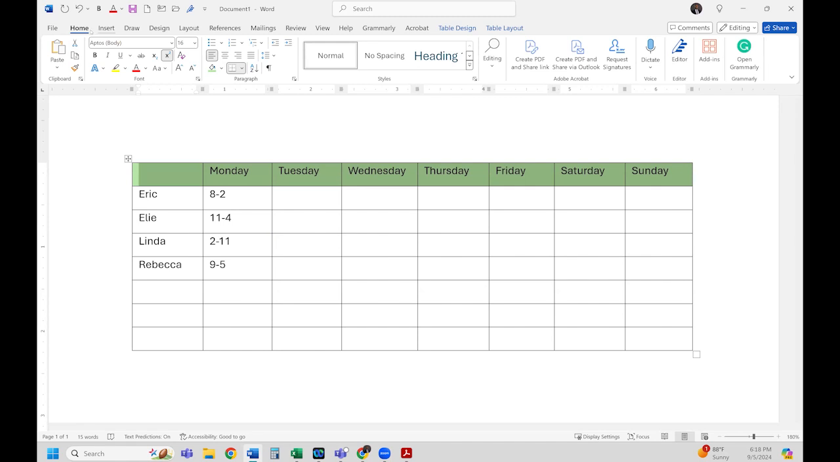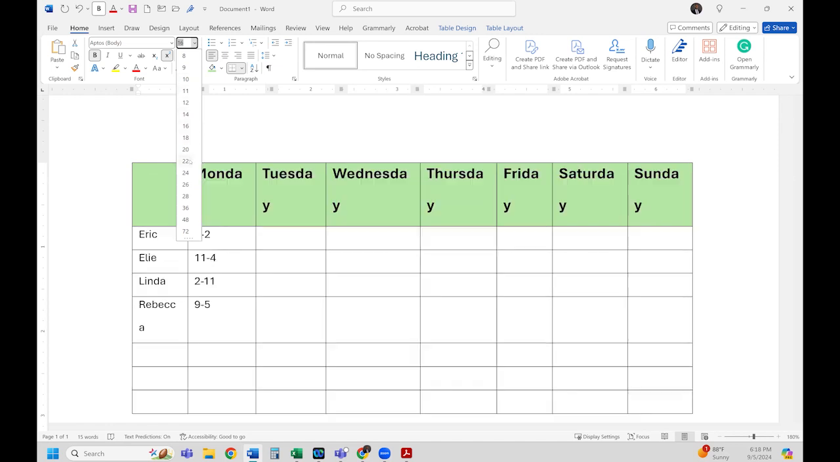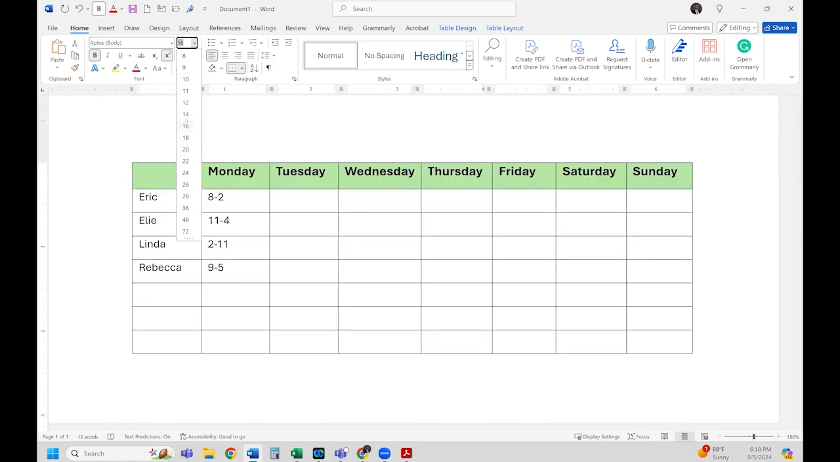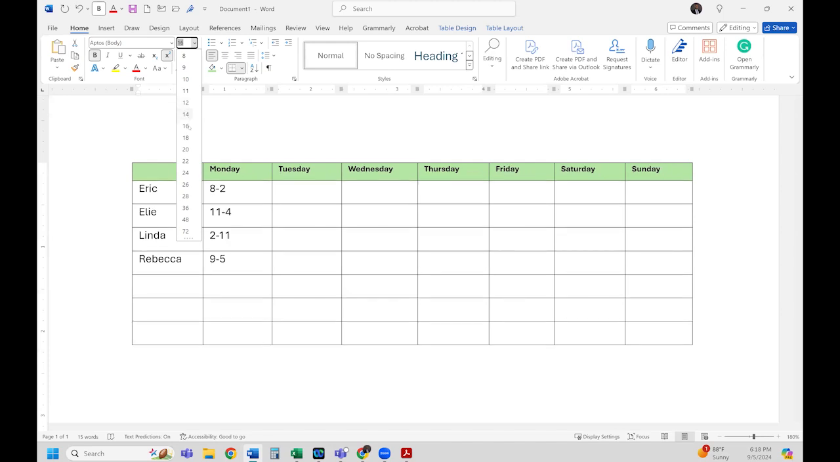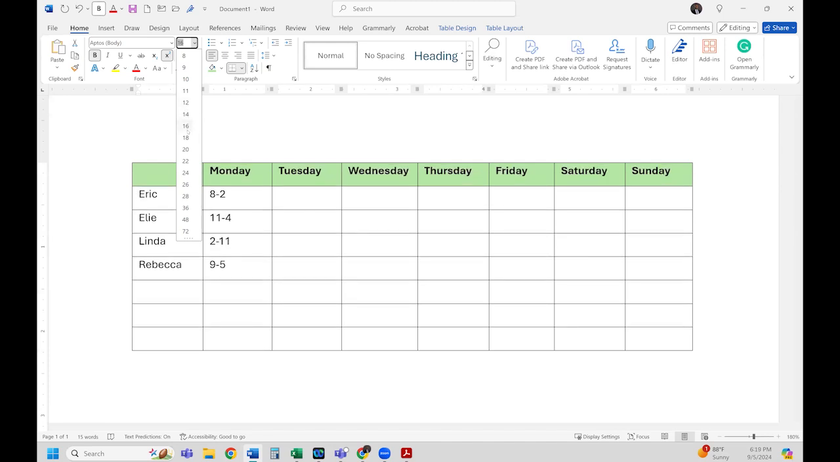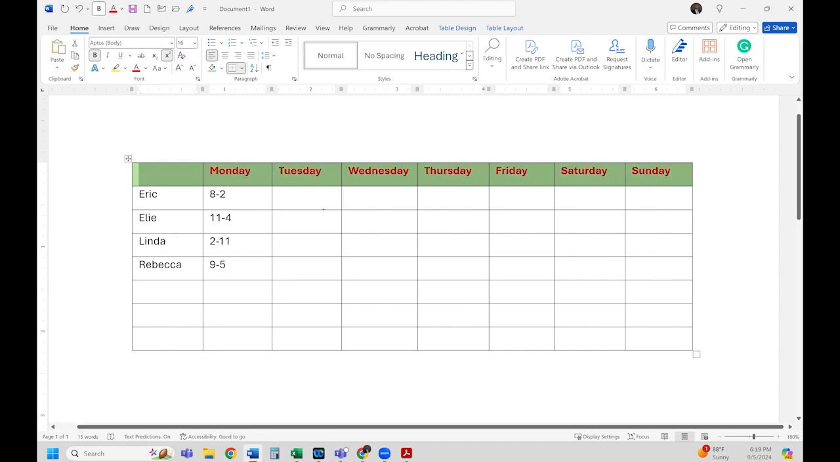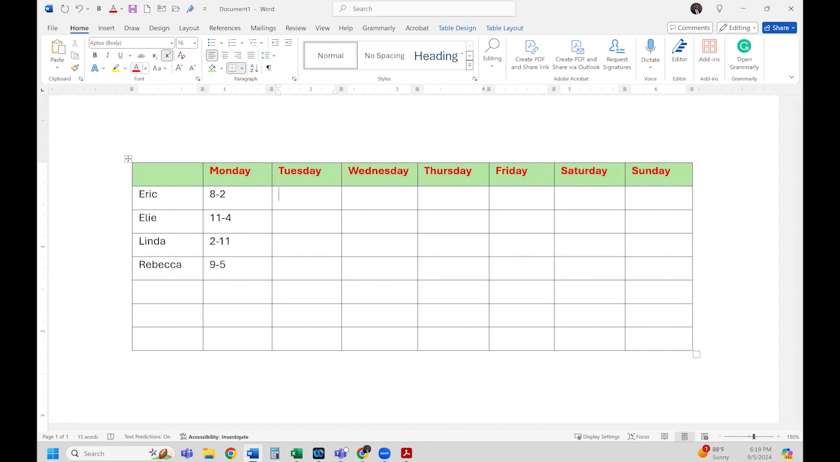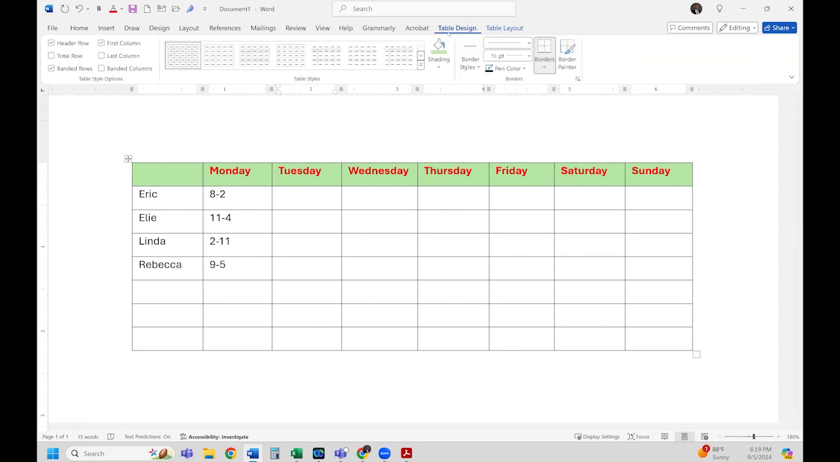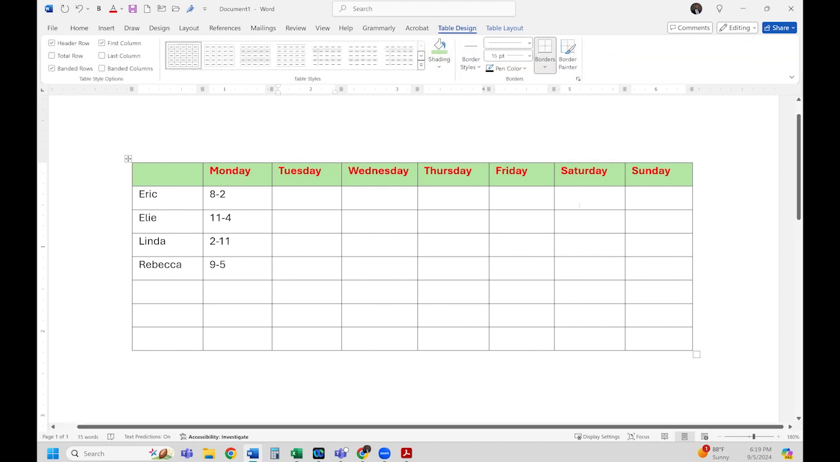You can, of course, come here to the home menu. You can use your bold. You can increase the font size. You can decrease the font size here. I'm going to go with 16. You can make it red, a different color font here. So a combination of the home menu, where you can change some of your text, and the table design menu is where you can really start to play around with your tables